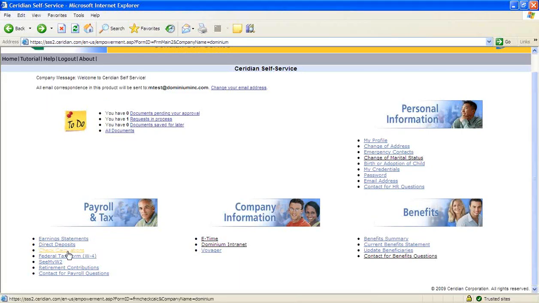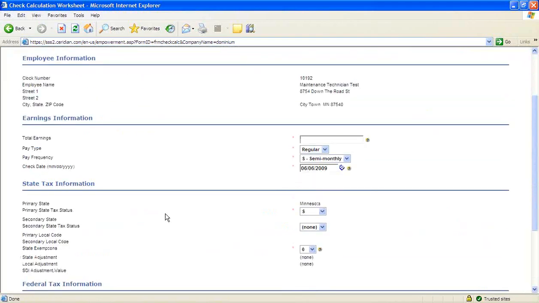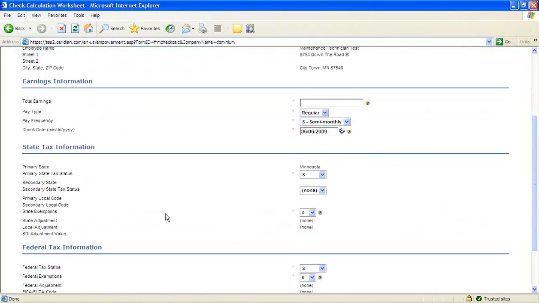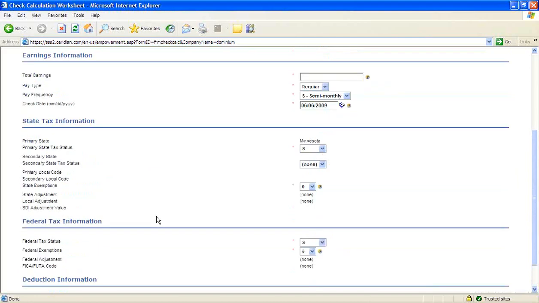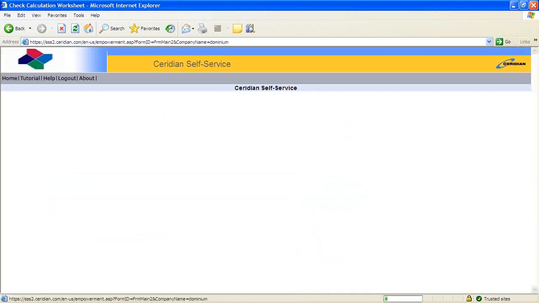Check calculations. This link is just a fun little feature. I clicked on it right now, but it basically gives employees the opportunity to adjust their earning information, their state and federal tax withholding information to see how, if any changes were made, how it will affect their net pay. Going back to the home page,